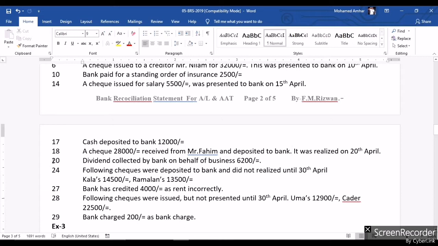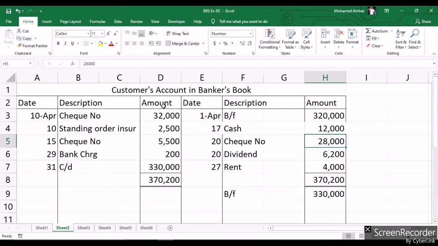Then the date is 20th. Dividend collected by the bank on behalf of the business, 6,200. So the dividend collected would have been recorded by the bank. So on 20th, dividend